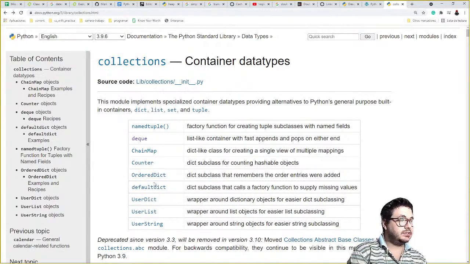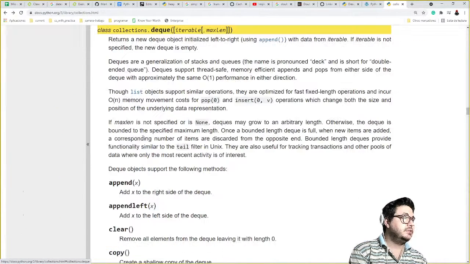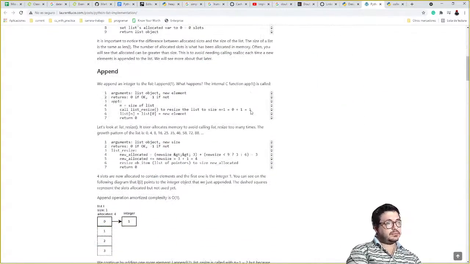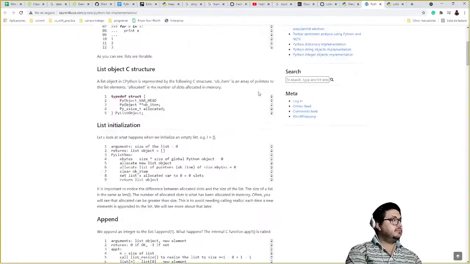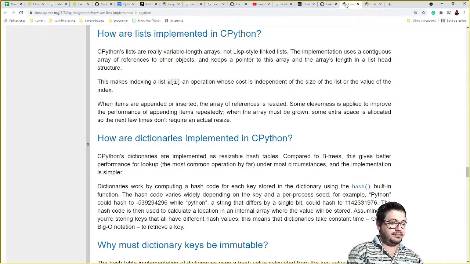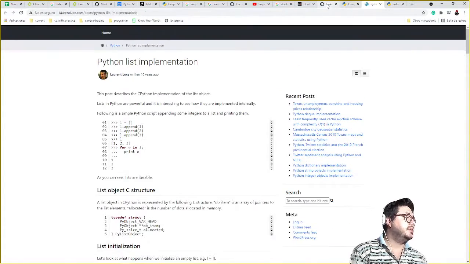Okay, there is UserString, ChainMap, Counter, just say deque.